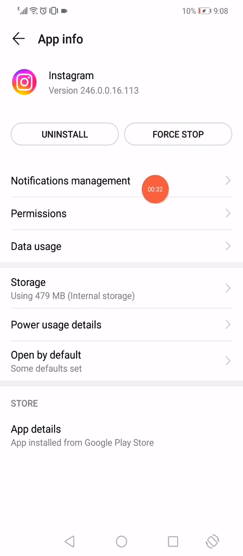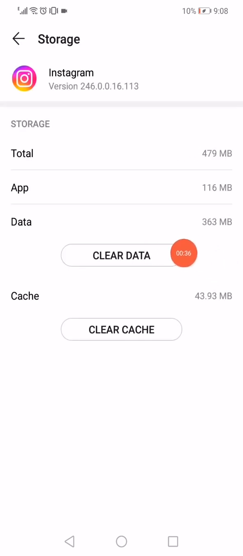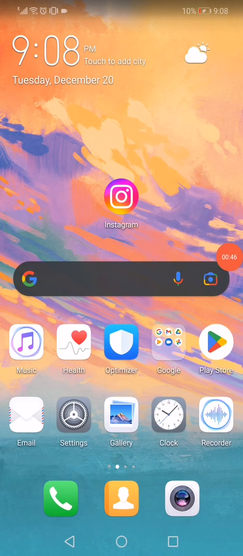page. After you click on it, you have now to go to the storage and click on clear cache and clear data. Even though you will lose the data in your Instagram, the problem is gonna be fixed. After that, you have to turn off your phone and then turn it on again, and the problem must be